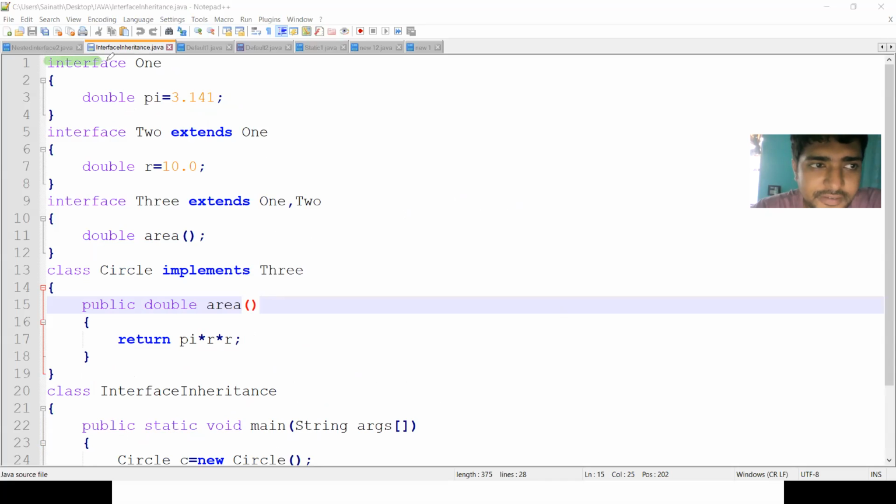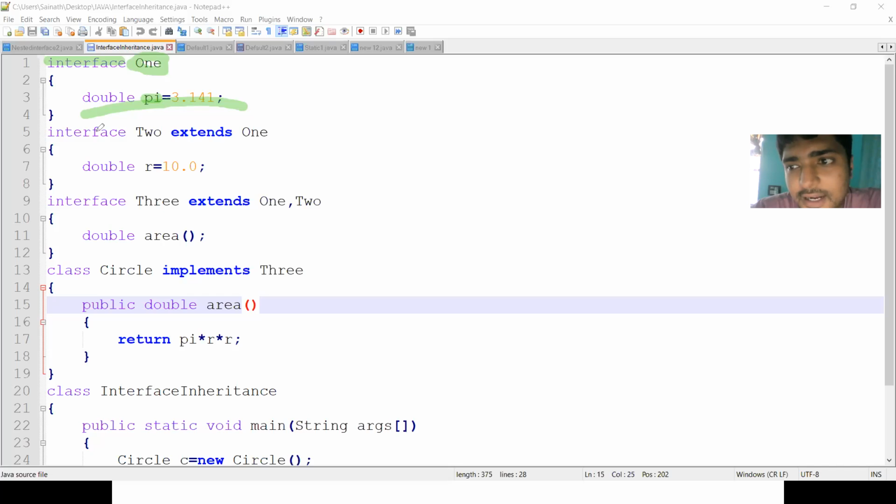The keyword is interface, and the interface name is 1. The interface consists of some constant values. Here I am defining the constant variable pi, so pi is equal to 3.414.